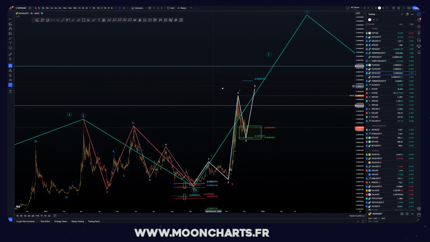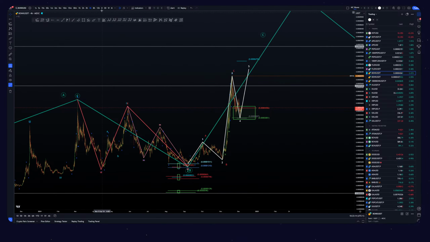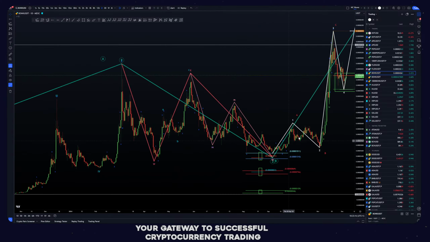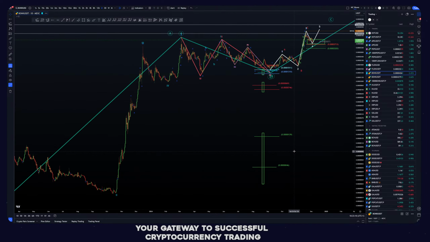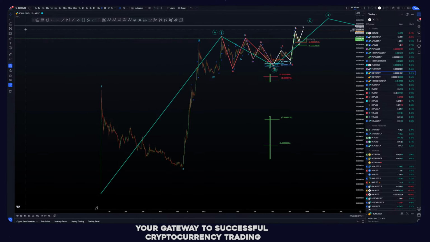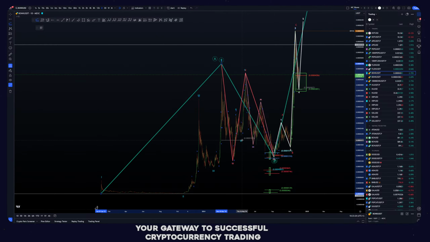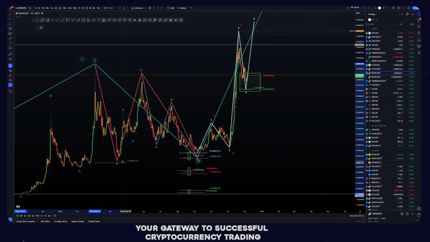I don't know what this is. Let me see if we can pull a nice extension on this from the wave 1 root to the wave 1 top.